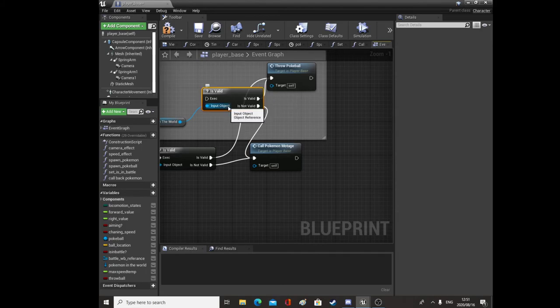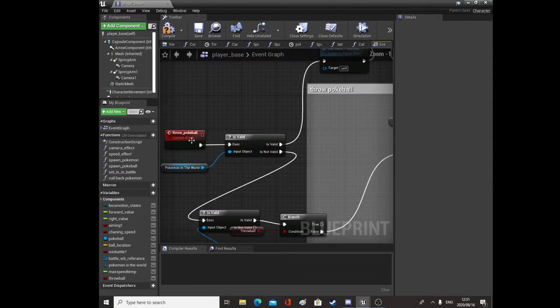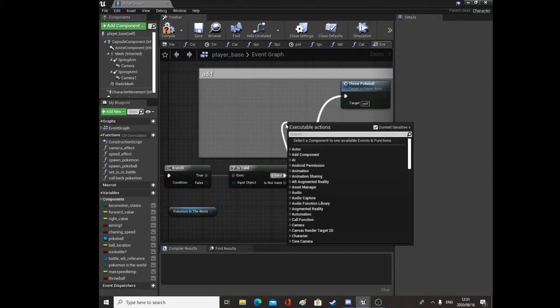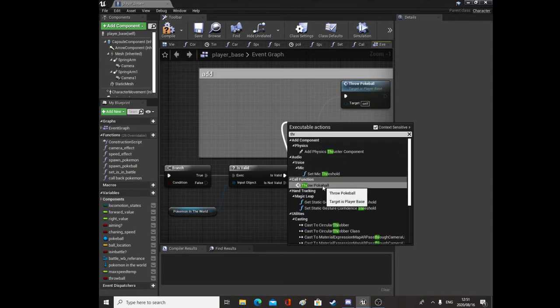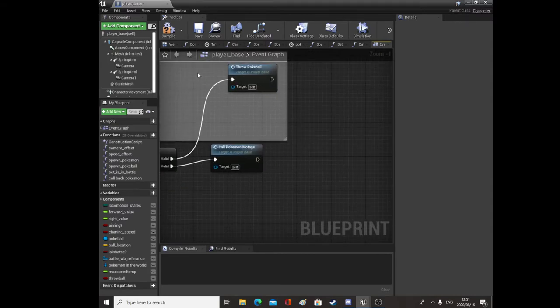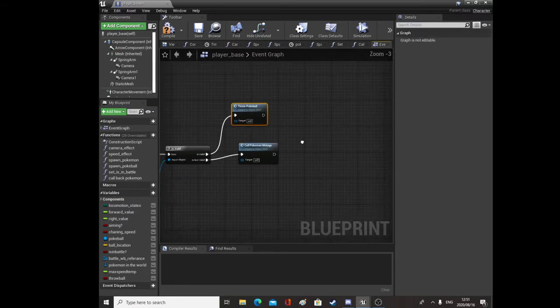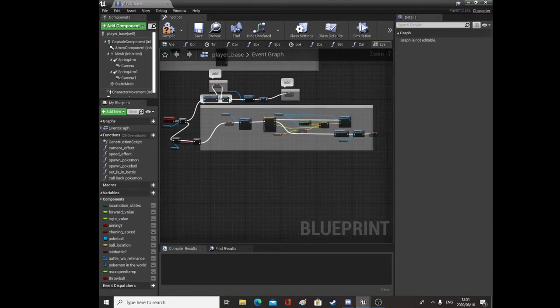Okay. So throw Pokeball, if you recall, is a custom event that we made here. So you would just drag off of the is valid and say throw ball, throw Pokeball. Okay, I can get rid of my silly little comment. And then we can go over here,